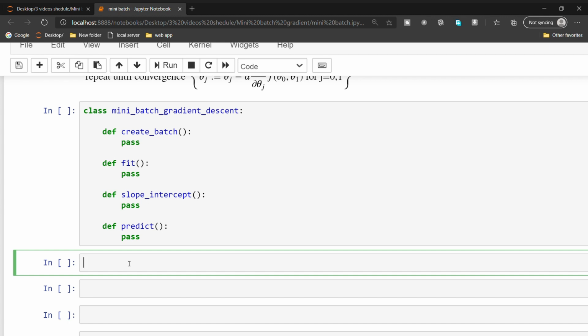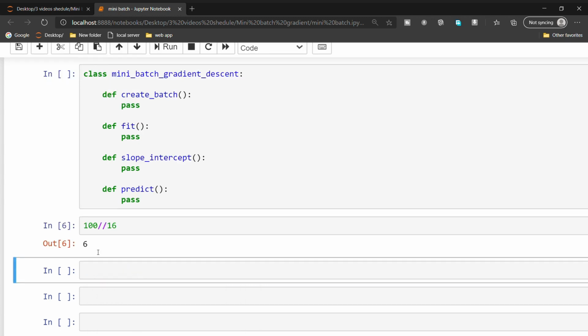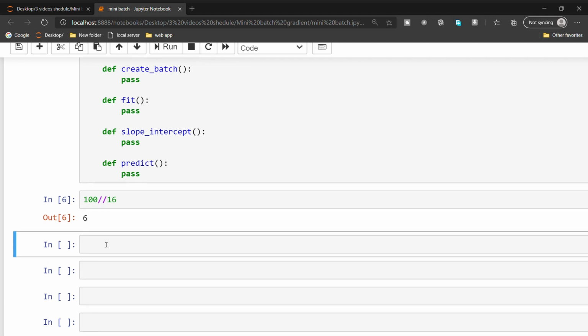How are we dividing the batches? What exactly is the process going on? For example, take your dataset has 100 examples, and you decide to divide those 100 examples into batches. For example, I want each batch to contain 16 examples. Then I need to divide by 16. Based on that, I get 6 batches.